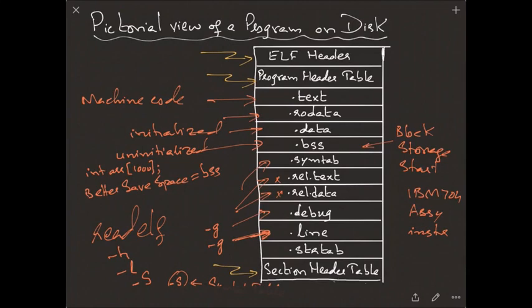You should always keep in mind that it contains the ELF header, program header table, and at the bottom the section header table, and in between it contains a lot of information used to build a process from a program. And readelf is the